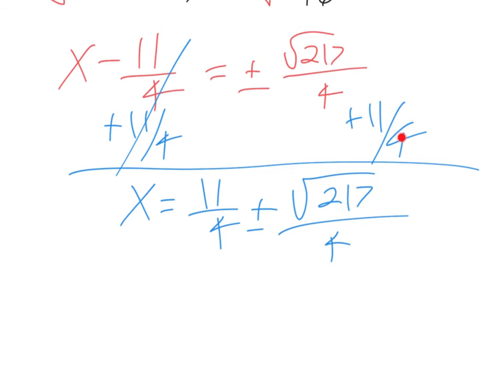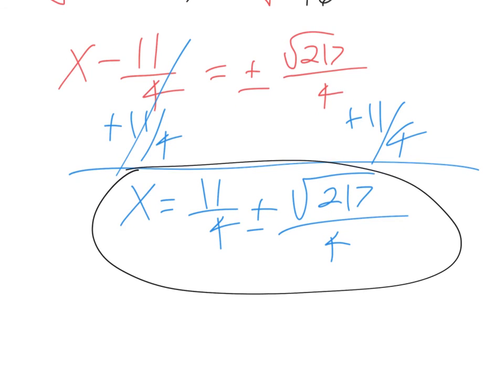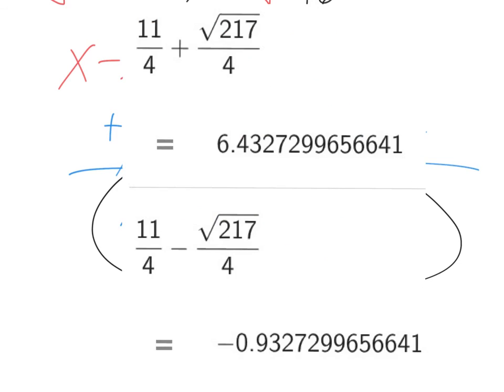So after you add the 11 over 4 to the other side, your teacher might accept this for your final answer. But if they ask you to give you the answer in the rounded form, just type it into a scientific calculator. So here it is typed into a scientific calculator. Remember, since it was a plus or minus sign in the middle, you have to do it once with the plus and once with the minus. And so I get